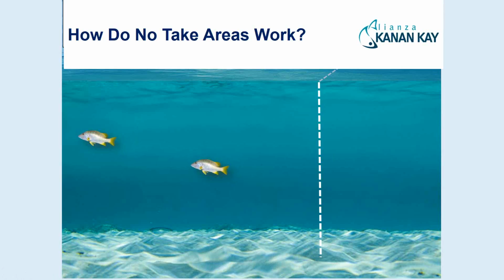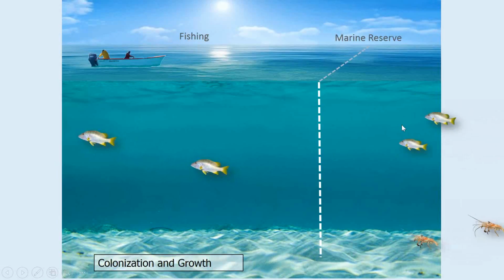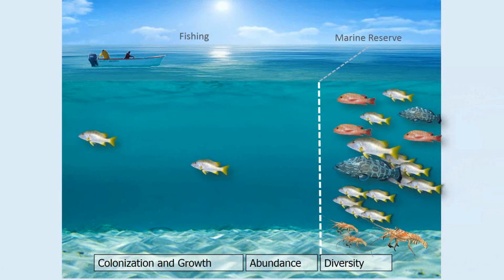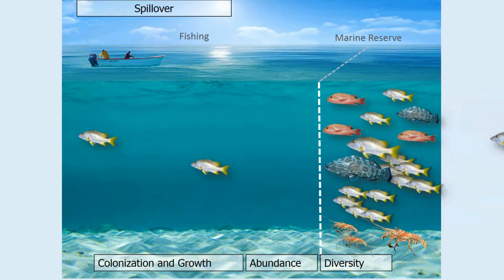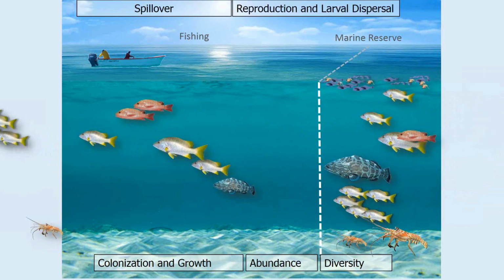For those of you that are from the Caribbean, I want to share with you an example from some of our partners from the Alliance of Canancan in Mexico, who've developed a great animation to show how this works in the Mesoamerican Reef. So what you can see here is if an area is closed to fishing and marine reserve on the right and it's still open on the left, you quickly get a build-up within the marine reserve in terms of the abundance and the diversity, and then once again they don't like to be crowded, so they start to spill over to outside where they're fished, and then you start to get this big reproduction and larval dispersal coming out of the reserve to support the fishery.